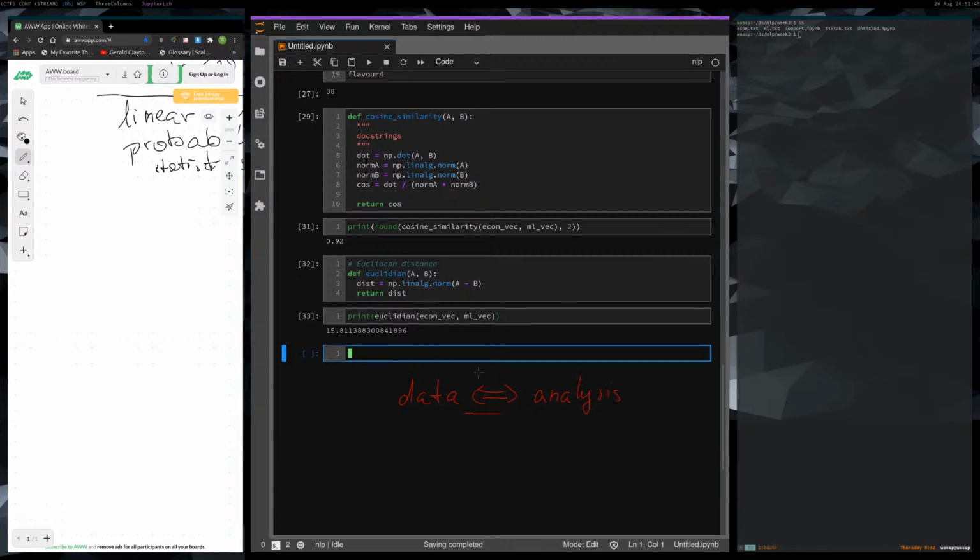And we know that the cosine similarity is 0.92 and the Euclidean distance is 15.81. If you are ever looking into the GloVe or Word2Vec implementations or word embeddings in general, you'll see exactly